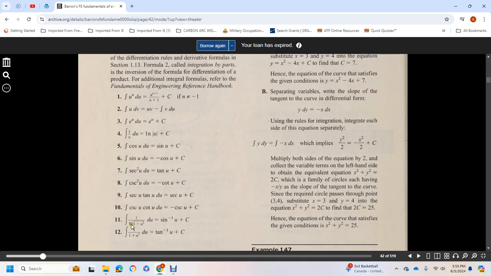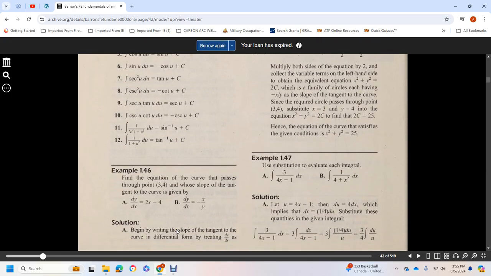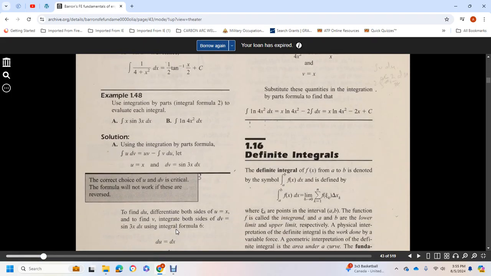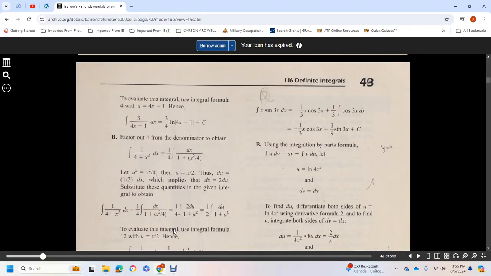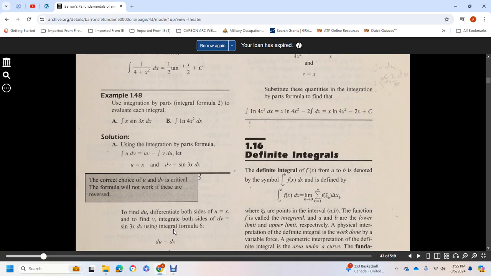The integral of 1 over the square root of 1 minus u squared du equals inverse sine u plus c. The integral of 1 over 1 plus u squared du is equal to inverse tangent u plus c. And that takes care of indefinite integrals. Now we're moving on to